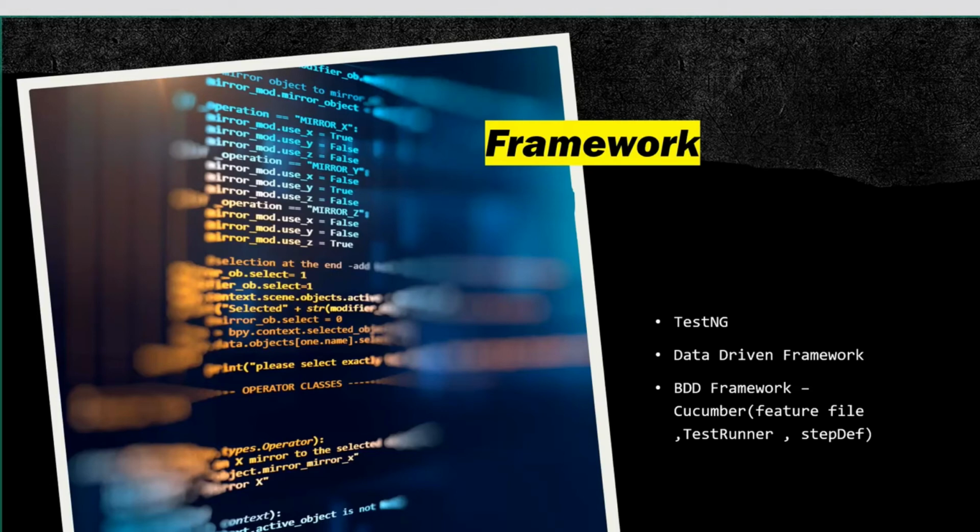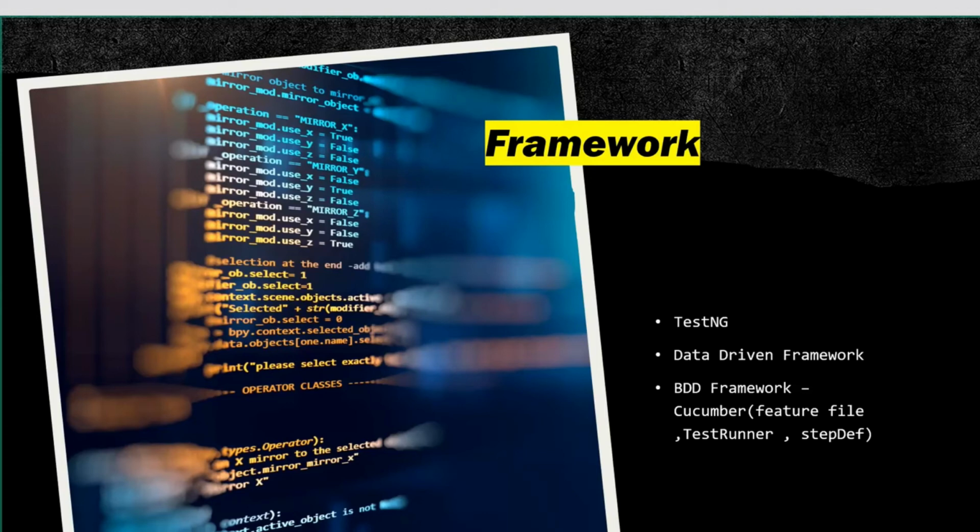That means they should first write their unit test cases and then write the function. Once that particular test case passes, only then can the developer move ahead to implement the next functionality. That is TDD. What is BDD? Behavior driven development, just an extension of TDD.